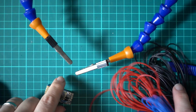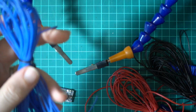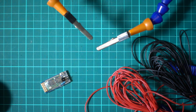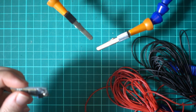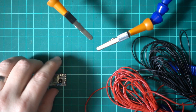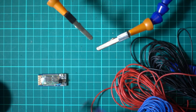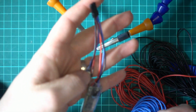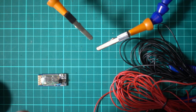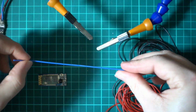And grab some wire. I mean, this wire is 26 American wire gauge, or AWG. 28 would probably be slightly better, especially if you want to do the double plug thing. Where this is going in the tracker, I'll probably just do a single plug straight to SmartPort for this one. Right. So I'm just going to use this one that I've already wired up to get the length of cable. Apologies if half of this is off camera. So that's the length of wire I'm using,